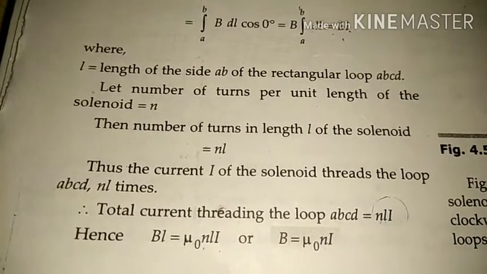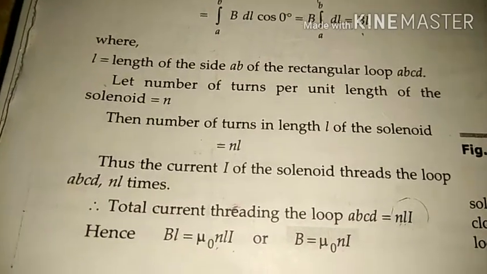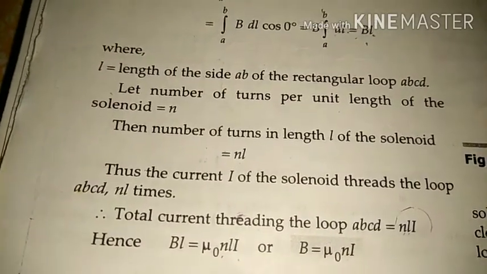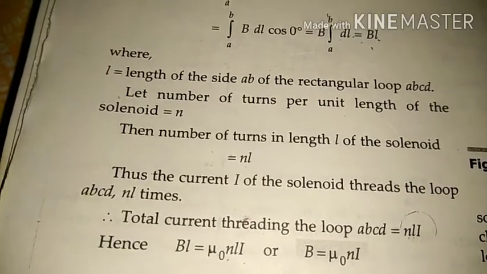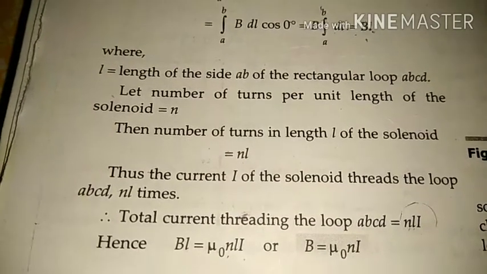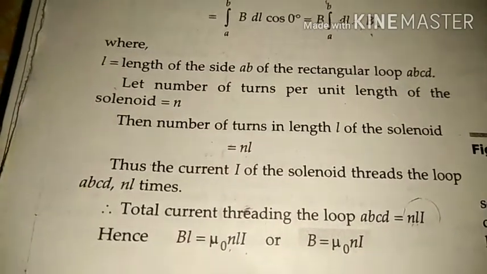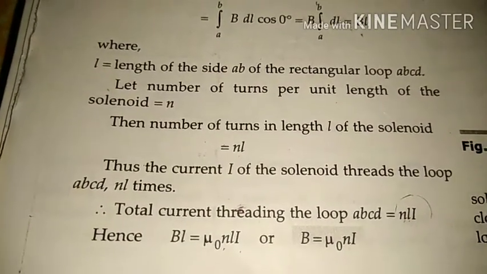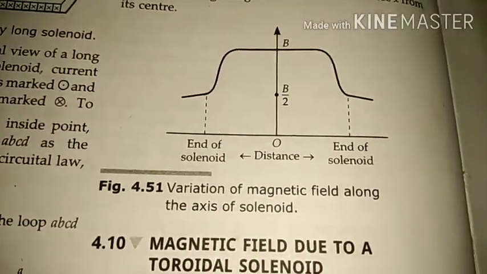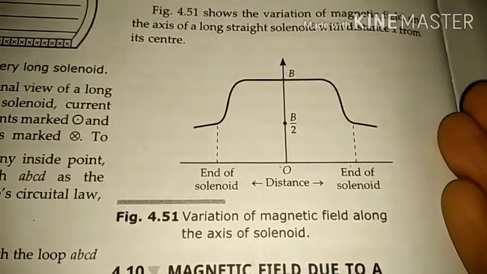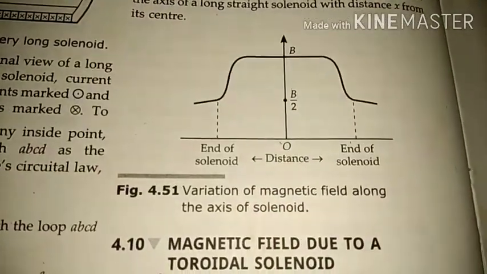So from here we can conclude that it can be easily shown that the magnetic field at the end of the solenoid is just 1/2 of its middle. We calculated this one at the middle. So if we consider any one end, it will be just half. So the magnetic field at any one end of the solenoid will be half of mu 0 n I, and the graph will be like this. This is the middle, at the middle we get this one, and this is the right hand side and this is the left hand side.